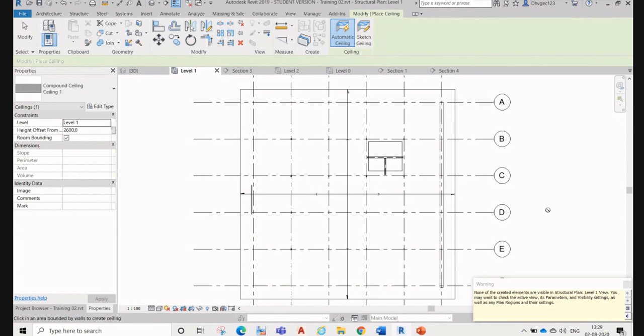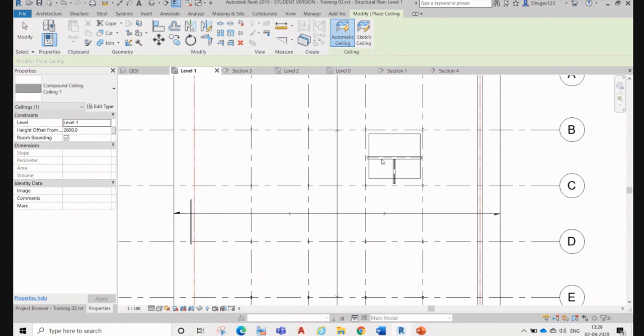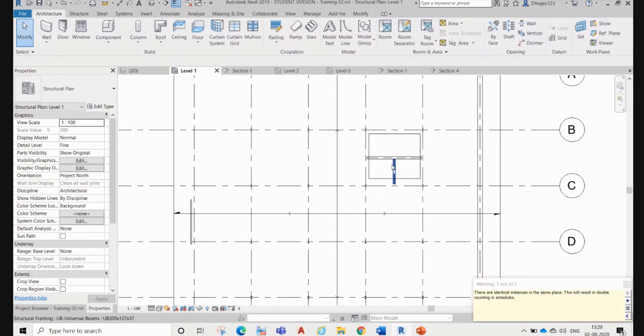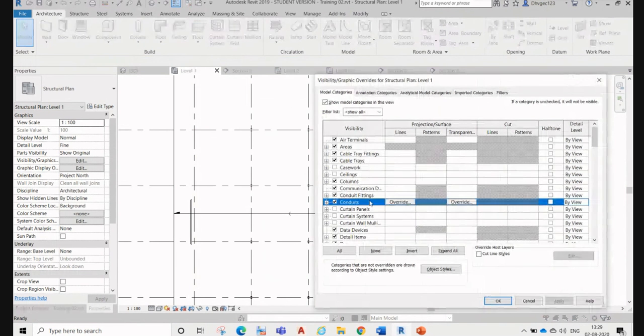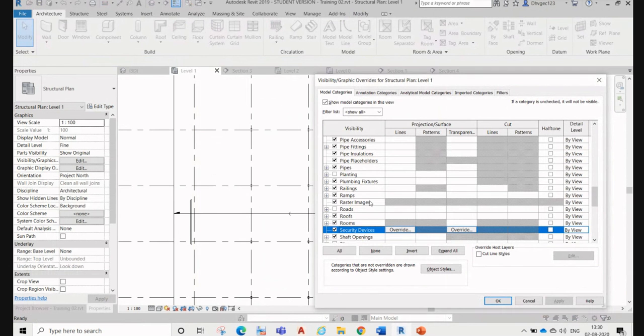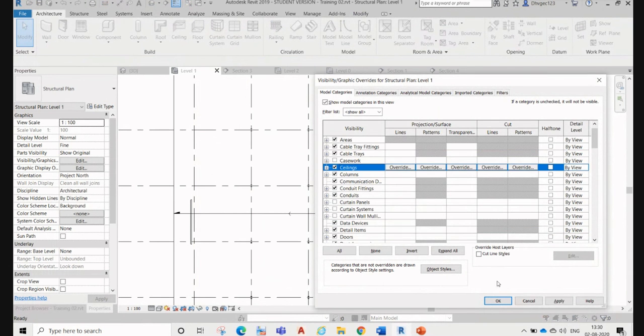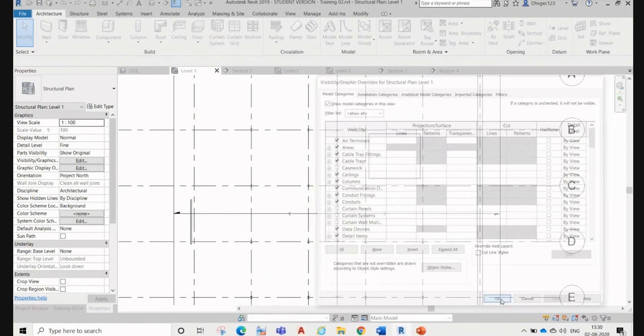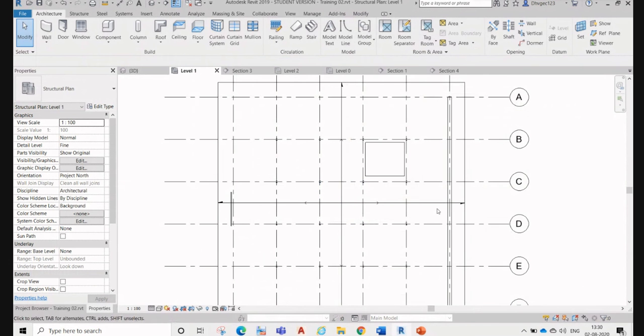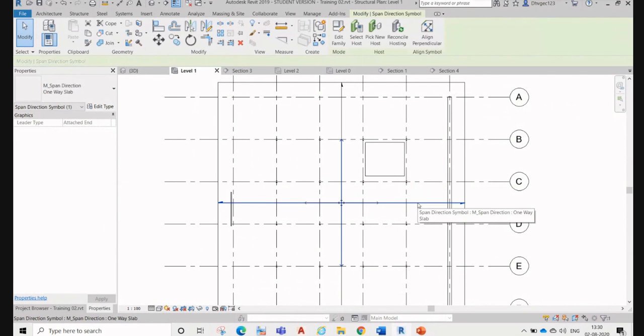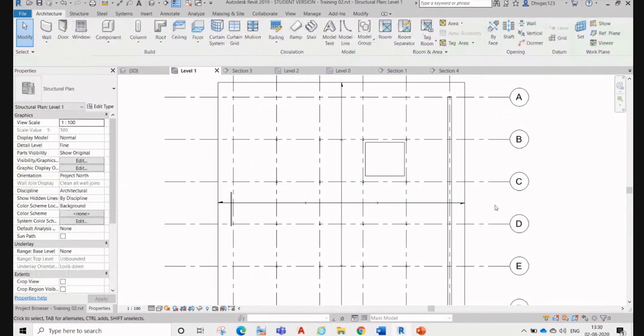Okay, we cannot see that ceiling over here. All right, so go to VV and go to ceiling. See, good, we see the ceiling over here. Apply. So here you can see the ceiling annotation, right?